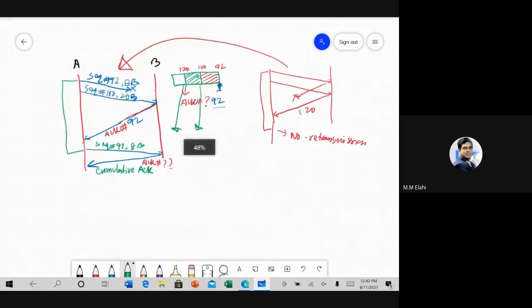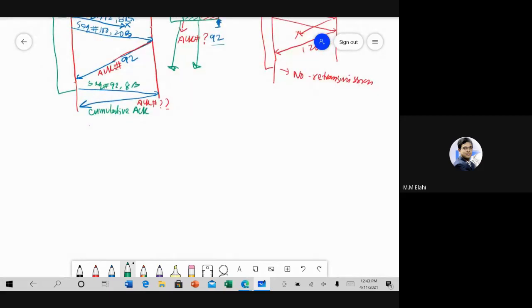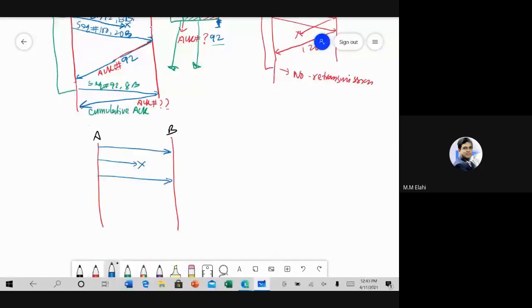Now I am giving you one scenario you have to solve, and then you have to give your answer in the message box. These are all numbers, so it will not be a problem. The scenario is like this: A and B again, and A is sending, for example, segment 1, then segment 2 is somehow lost, segment 3 is received, then an acknowledgement is